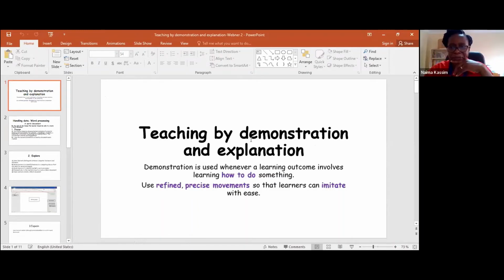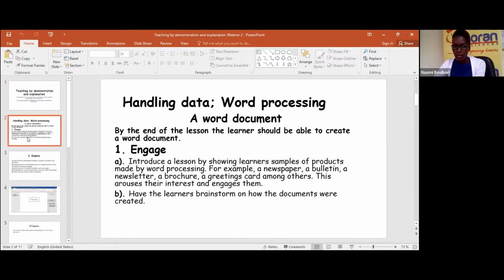Yeah, go ahead. Okay, I'm going to take you through a lesson that is on handling data, that is word processing. And this is a strand in grade 5. The learning outcome I'm going to address is that by the end of the lesson, the learner should be able to create a Word document. In grade 4, these learners did the hardware part of the computer. Those are the parts of a computing device. And now as they come to grade 5, they are going to use the first software, which will be the